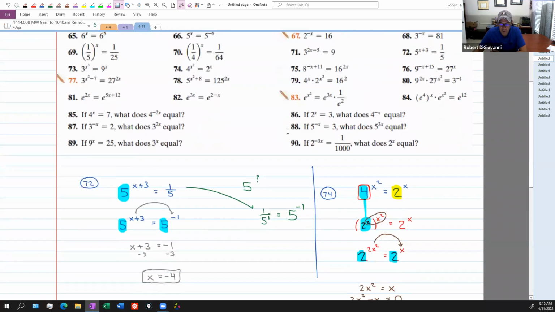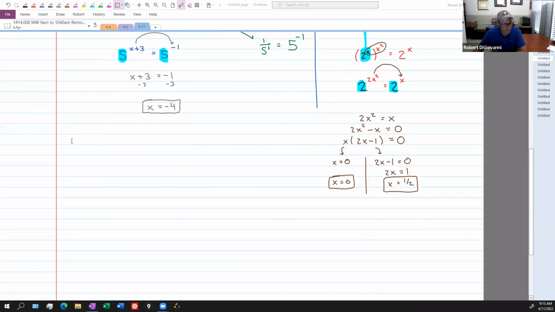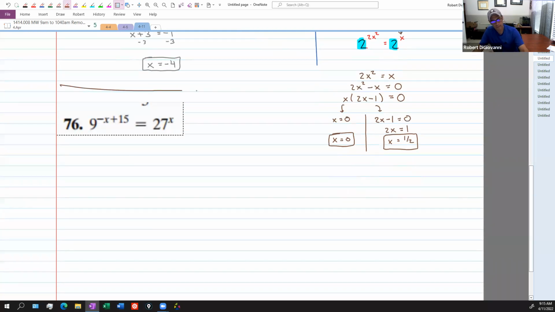Let's see, that was 74. Let's look at 76. Grab that one real quick. I'll do it right here. Okay, so we have 9 to the negative x plus 15 equals 27 to the x. Okay,